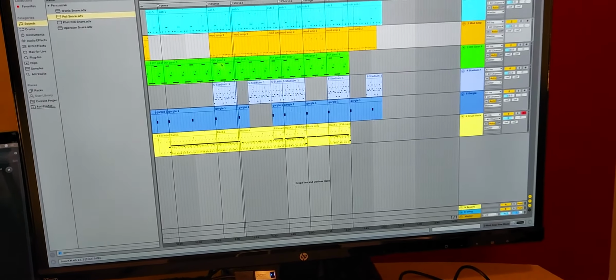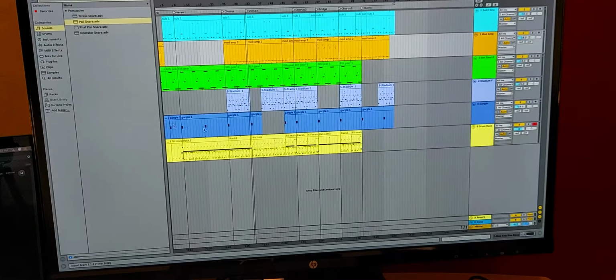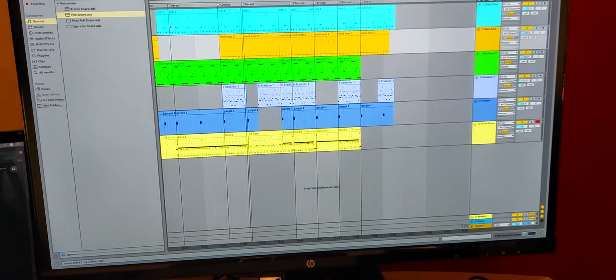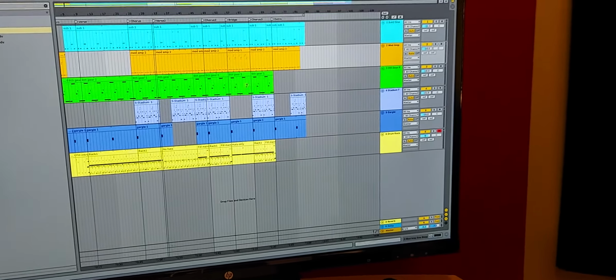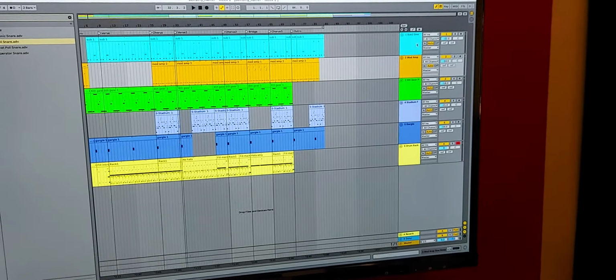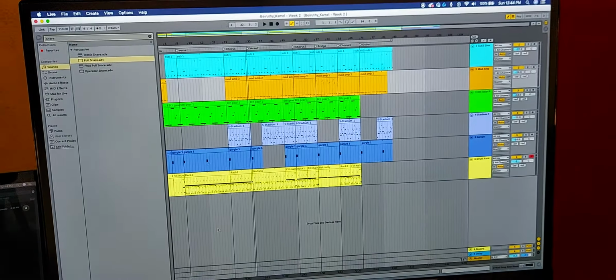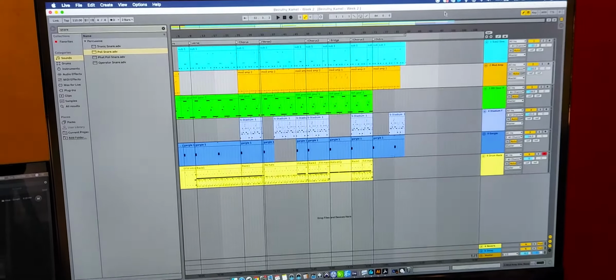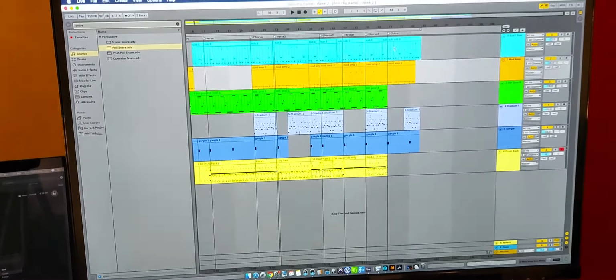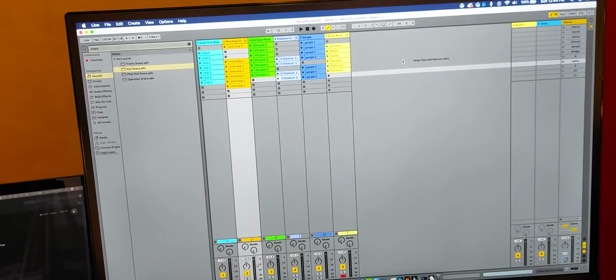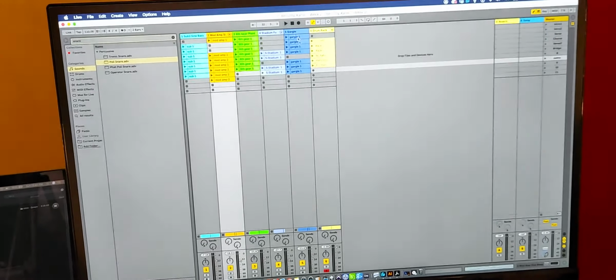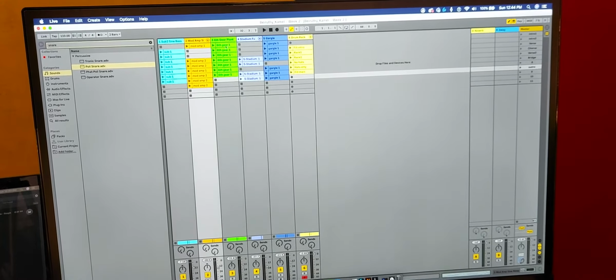So this project already had some of these synths and melodies, and all I did was put in a drum beat. In the video he teaches you how to create a drum beat and how it works in Ableton. And so we have the clip window here, and these are clips, right?